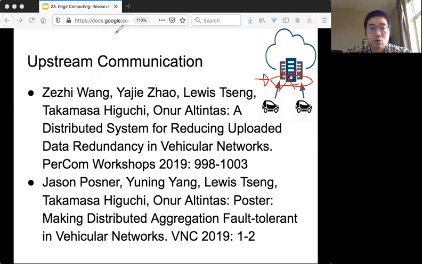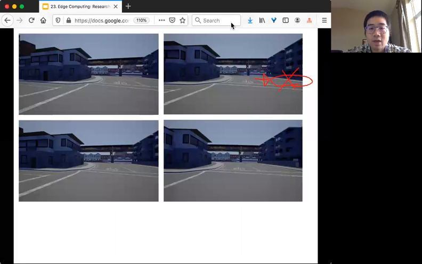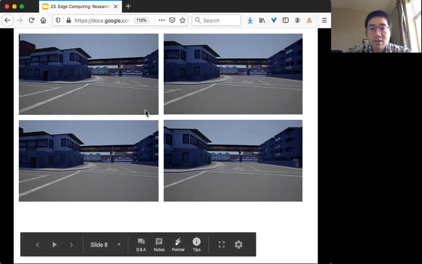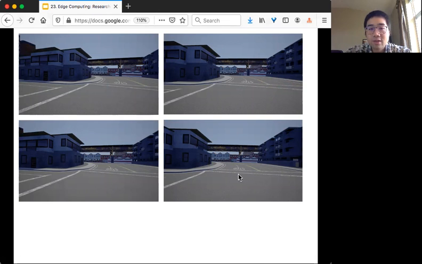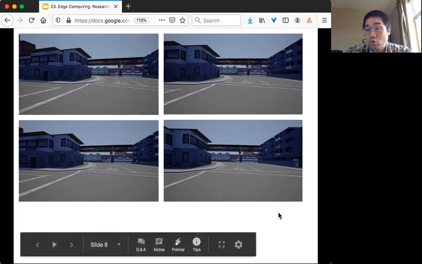Here we have two papers to address slightly different problems. One very concrete idea is that suppose you look at an intersection, and suppose the intersection is very busy, and you have different vehicles, each looking in slightly different directions. For example, this is what vehicle one sees, this is what the second vehicle sees, and the third and fourth vehicles. The orientation of the cameras is just adjusted a little bit, and you can see that there are tons of overlap. But in terms of the cloud server and the application, what do we need?